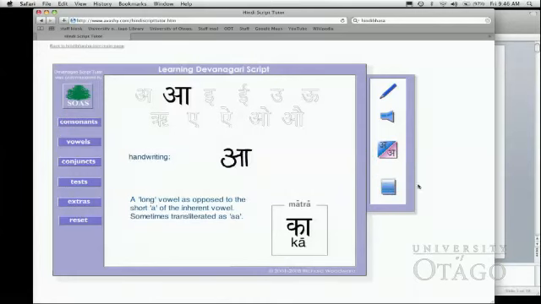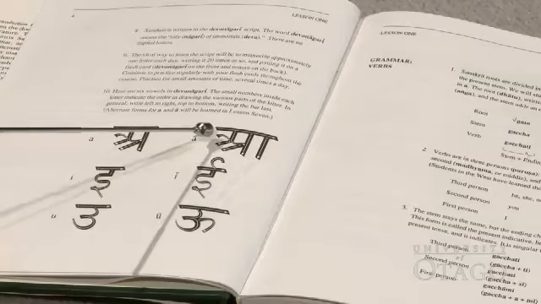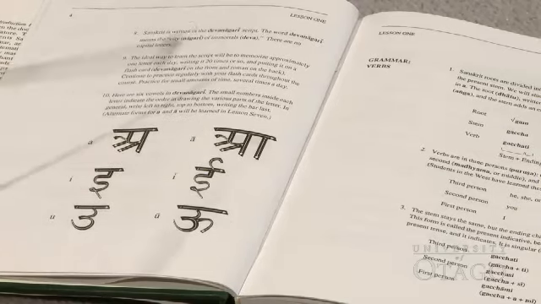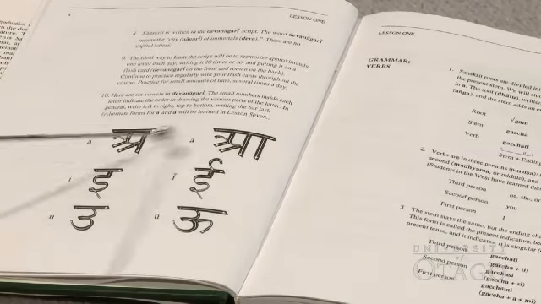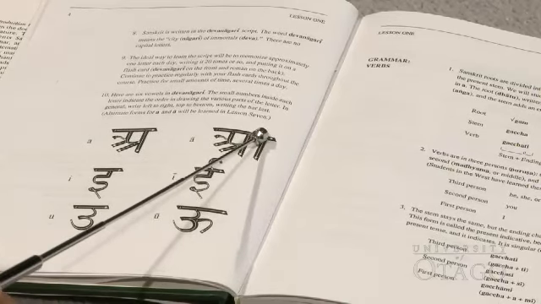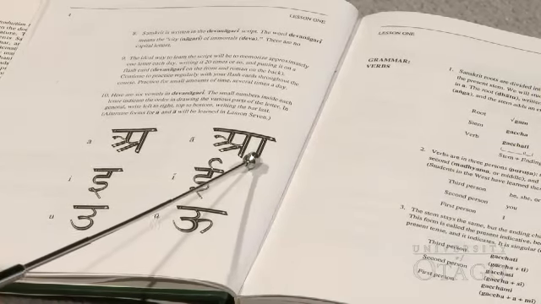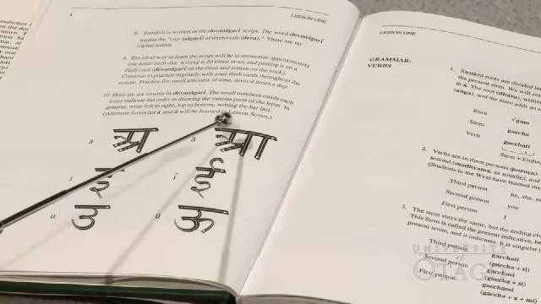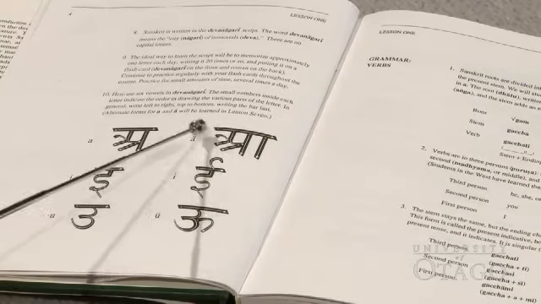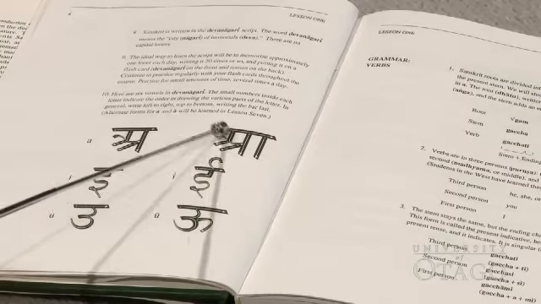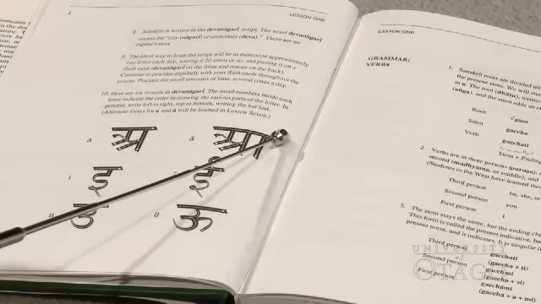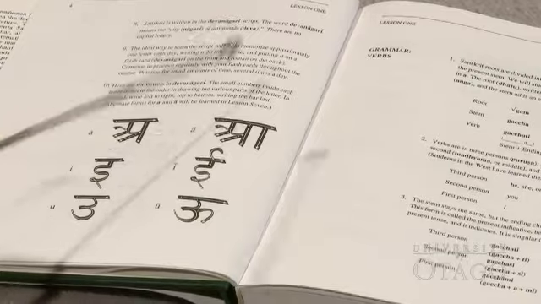And this is the handwriting of a or aa. And this is how to write in the old form. This is a and this is aa. So aa has another vertical line here. And how to write it is the same as a. Start from 1, 2, 3, 4, 5, 6, and 7. This is a and this is aa. Now, the next